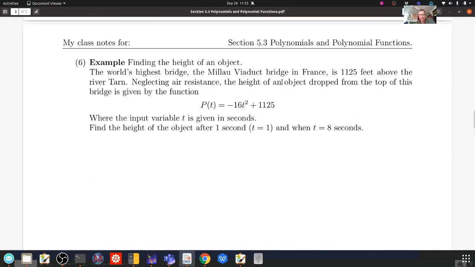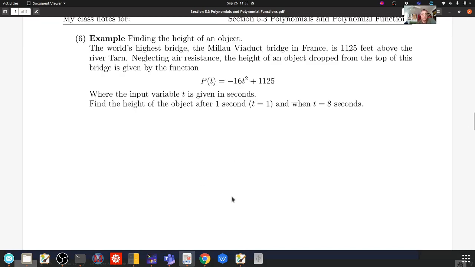Oh, so here we have a little bitty example of a polynomial in the variable t and a fun formula. So, finding the height of an object. The world's highest bridge, the Millau Viaduct Bridge in France, sorry, I don't know how to pronounce French words, is 1,125 feet above the River Tarn. Now, if we just ignore air resistance, the height of an object dropped from the top of this bridge is